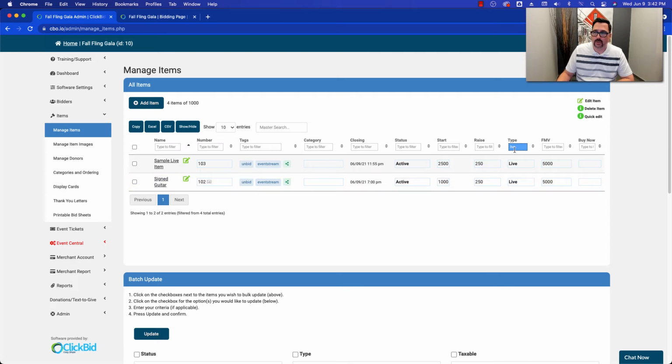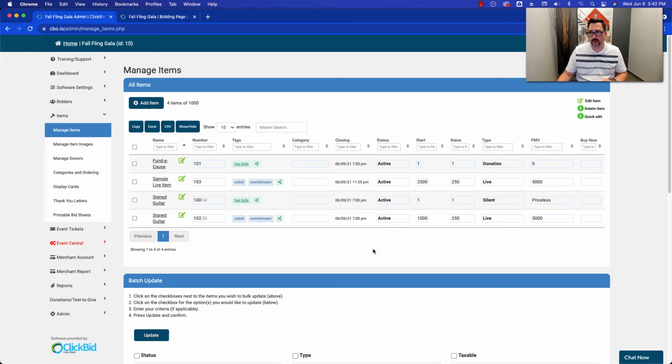And all right, so we're good to go. Now we're going to fast forward. It's event night. We're getting ready to do the live auction. So I have somebody in the ballroom. I have somebody running that OBS computer, and really all they did was hit start streaming, and it's broadcasting whatever